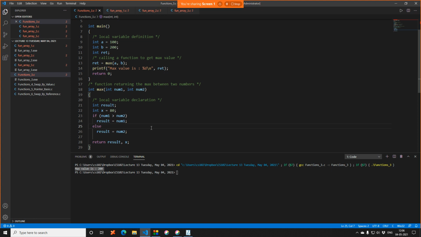It cannot be done, you cannot return two values using a return call. C does not allow that. Of course, when we study pointers, then we can see how we can return multiple values, right? In Python, if anybody knows Python, you can return n number of values through a function. But in C, if you want to check, it will pop an error right now.